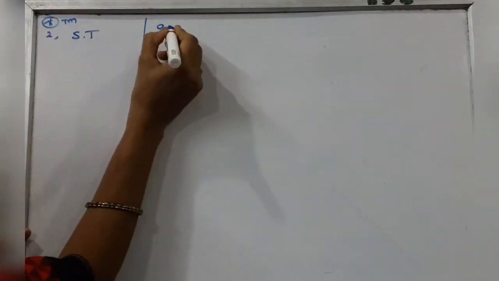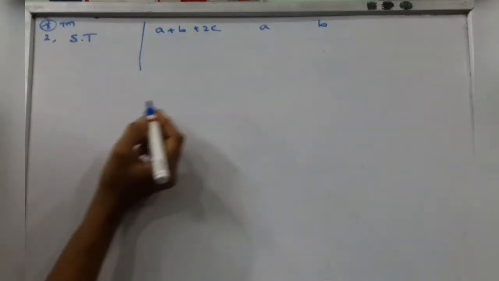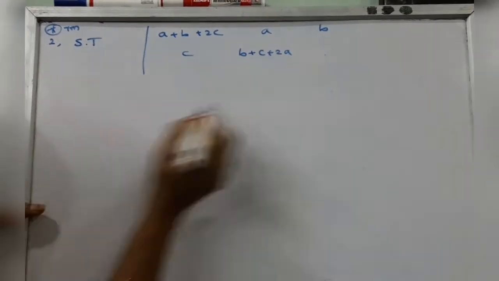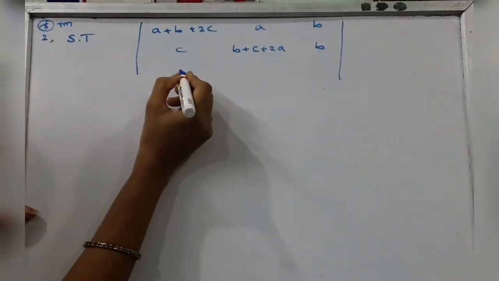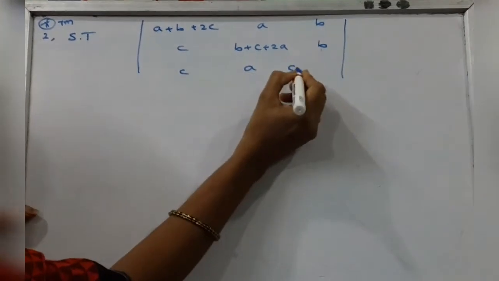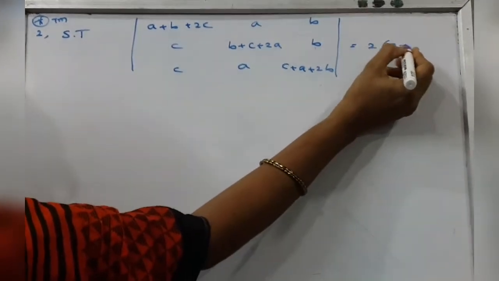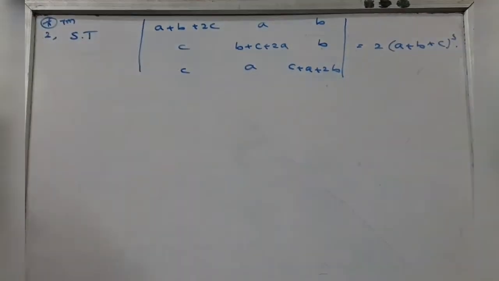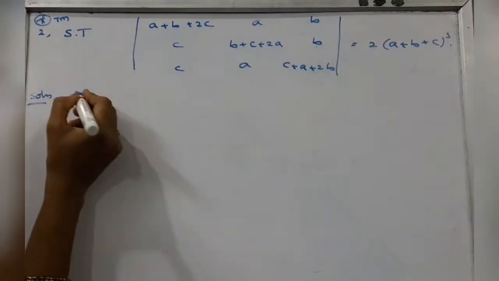Show that the determinant with first row a plus b plus 2c, a, b; second row c, b plus c plus 2a, b; third row c, a, c plus a plus 2b, is equal to 2 of (a plus b plus c) whole cube. Now the solution is, given determinant is